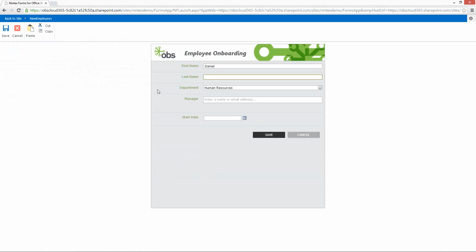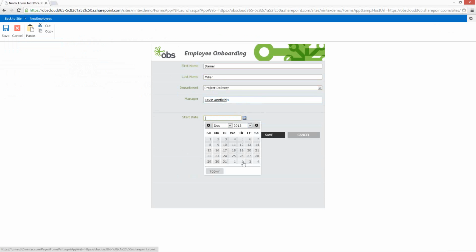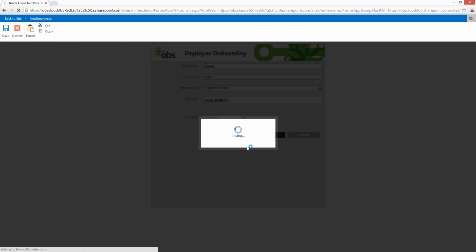This form that you can see here is a Nintex form that we've obviously customised with an OBS logo, some naming, some slightly different colouring on the labels, and a few different things. So we can just fill this out. It's fairly simple to fill out. Oops, if I could spell my name correctly. And we'll choose a start date of Thursday next year. So I'll click on Save,